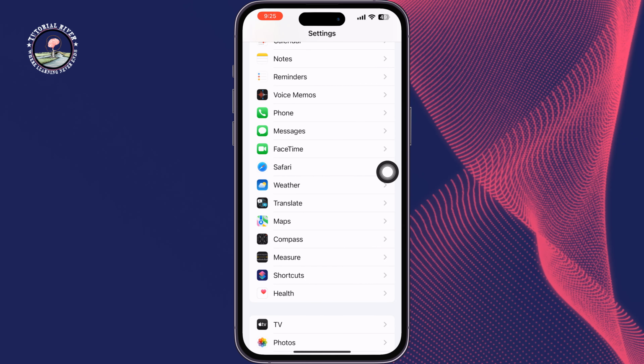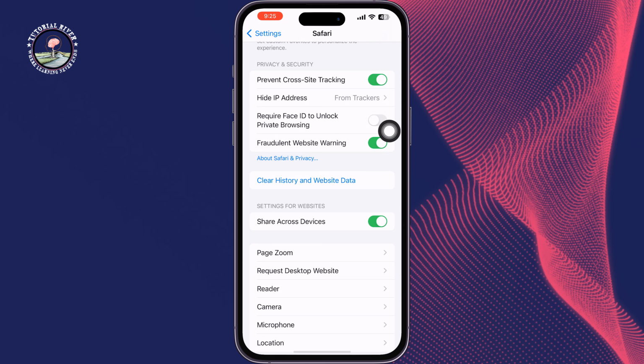Scroll down and here you will get the require Face ID to unlock private browsing option. So to lock your private Safari browsing, toggle this option,